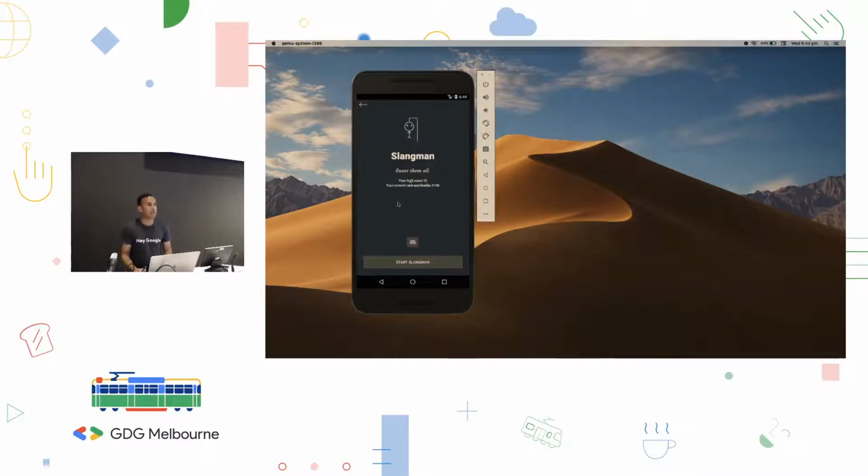So this is an app that I made for my wife. She's an English teacher and she has a lot of students from overseas. And yeah, she wanted to make an Aussie slang dictionary. I've actually added in the button just to show you guys, but this is actually pulling my rank, my profile rank, and my rank and points from Play Services.